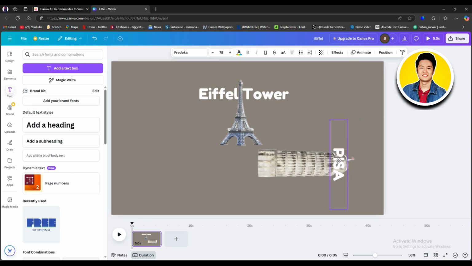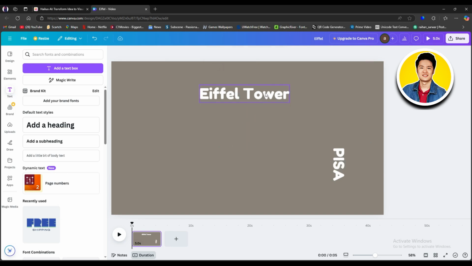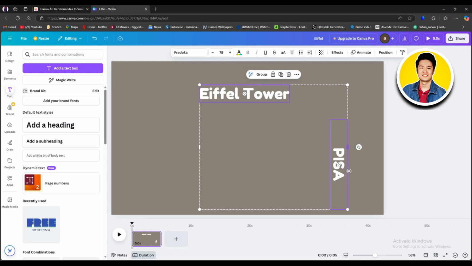Then make any necessary adjustments according to your preference. Now, we will go ahead and select the previous elements and delete this section. And as you can see, we're only left with the text. Now, we will go ahead and select both the text. After that, on the top, you will get to see the option to group. Click on it. And once you're done, let's go ahead and click on the Share option on the top right